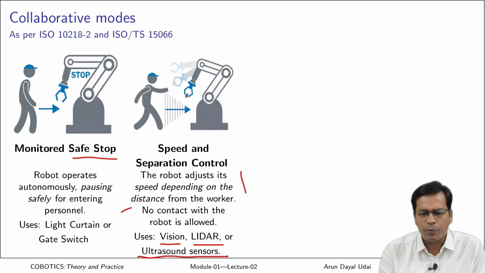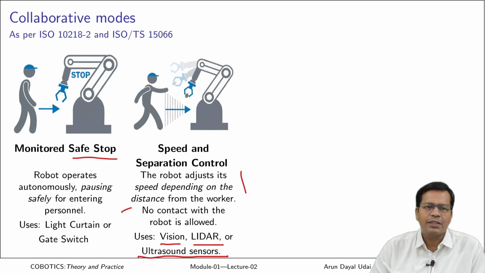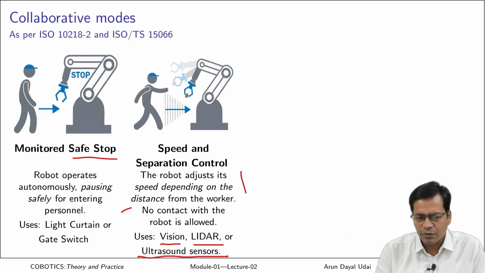Again, in this case the robot is normally a standard industrial robot, but there may not be any fence, or just a temporary fencing is there, right? So that is the second case.